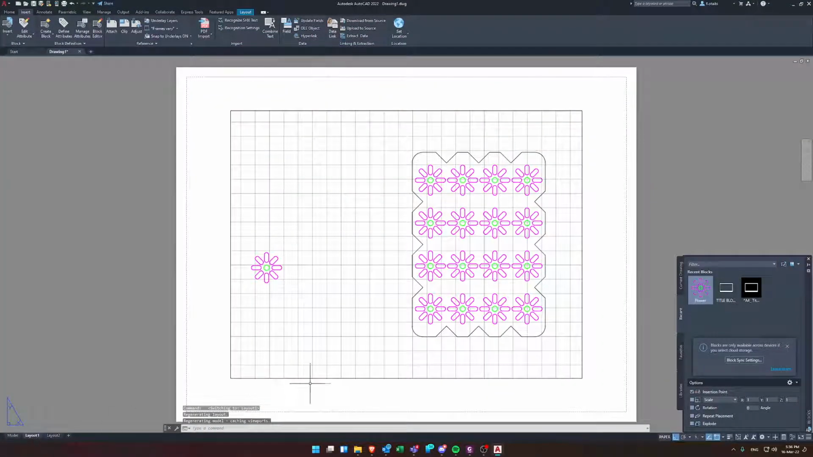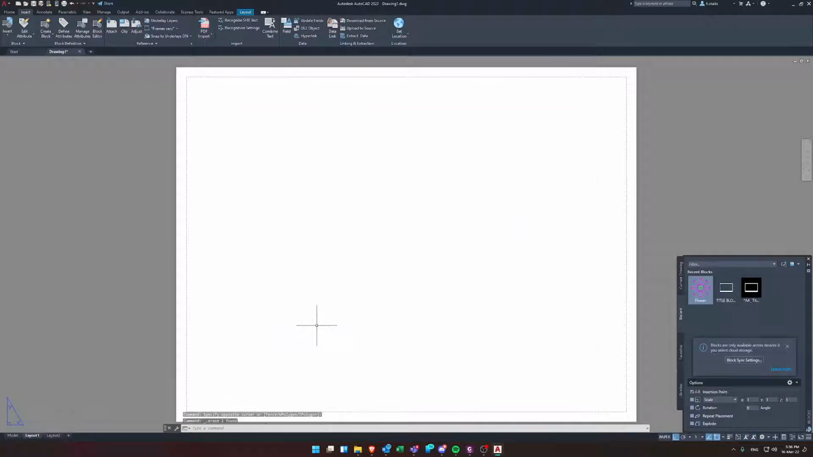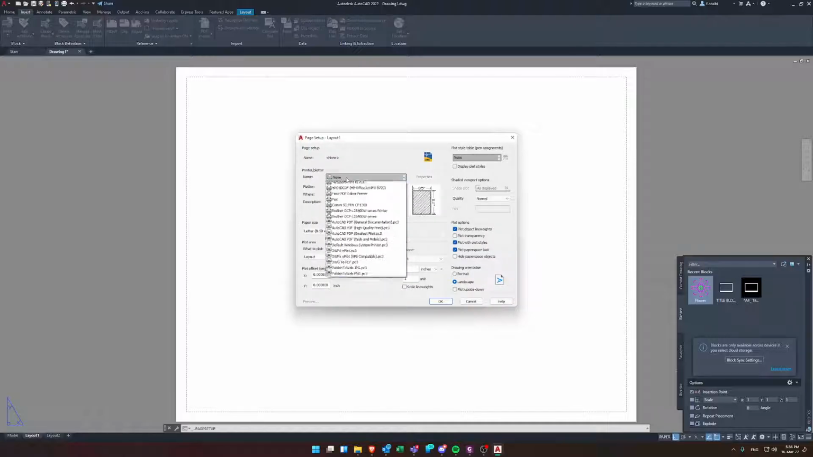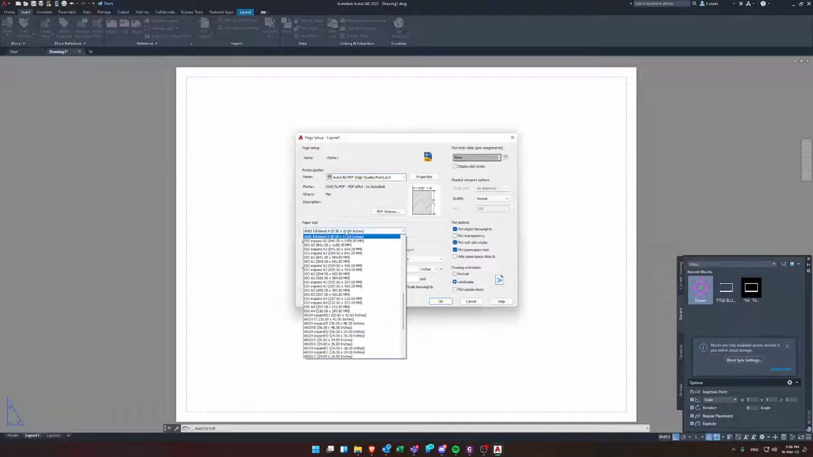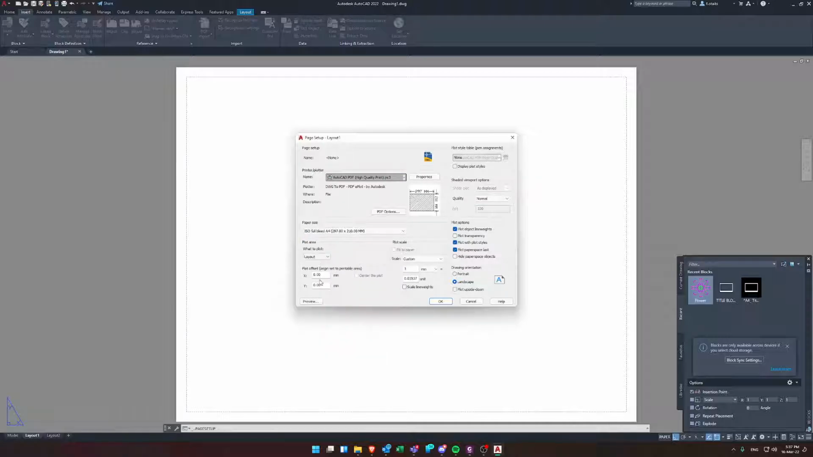Let's go to layout. Delete any viewports that you have that you don't need. And then click on Setup Manager. Modify. We usually use, I think, AutoCAD PDF, so high quality print. For the paper size, we use ISO full bleed A4. And then we leave these, we change the scale to 1:1. And okay,